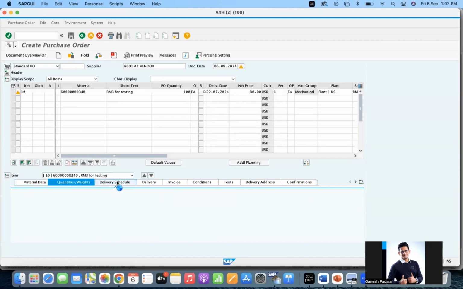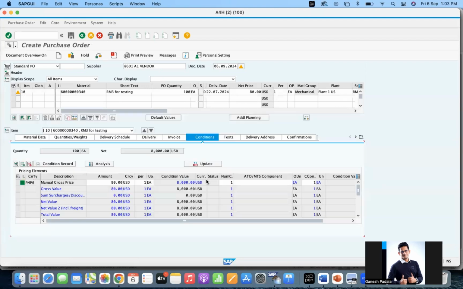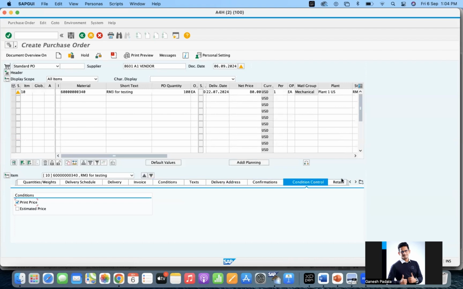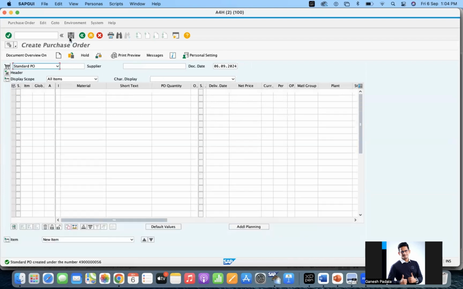Quantities, delivery schedule, delivery, invoice conditions. You can see randomly you verify the multiple kinds of tabs which are available, right? So that will give you how you remember and all. Okay. So now confirmations, we don't have any confirmation. So we can directly do the PO. PO is created. Or let us learn with